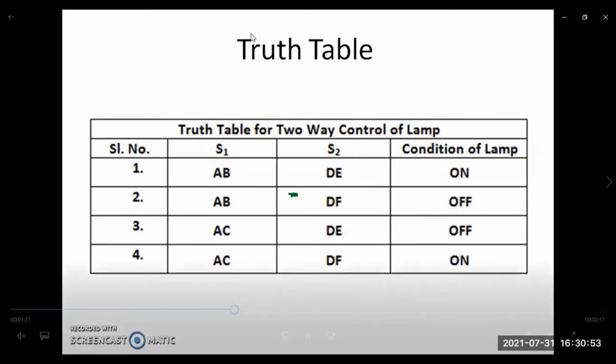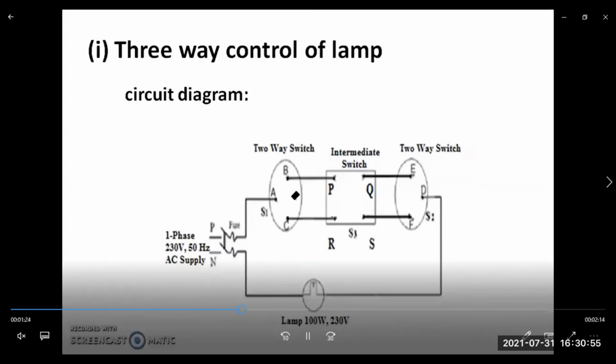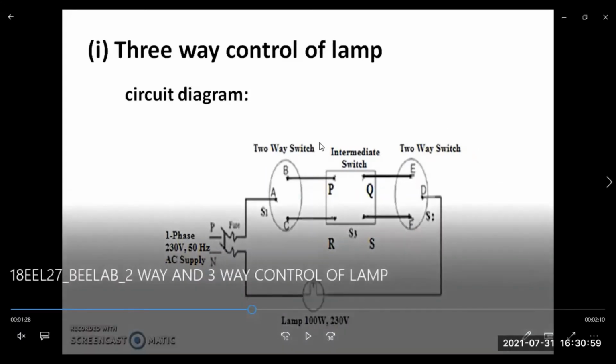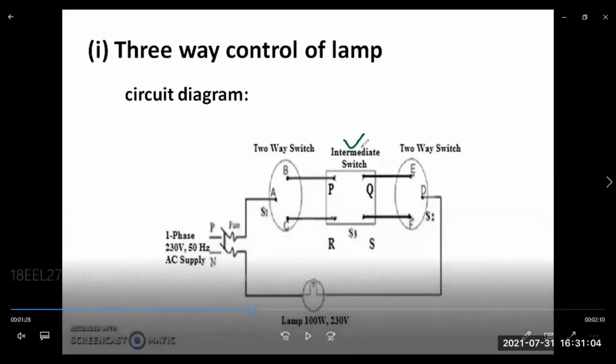Now I am going to discuss how to perform three-way control of lamp. As you can see the circuit diagram of three-way control of lamp, here what is the speciality? Here we are going to use one more switch that is called the intermediate switch. So intermediate switches are having